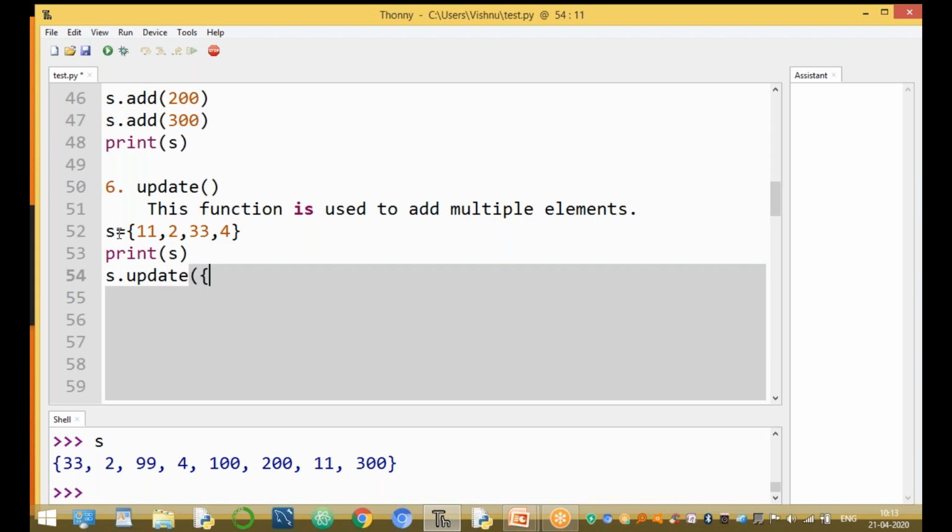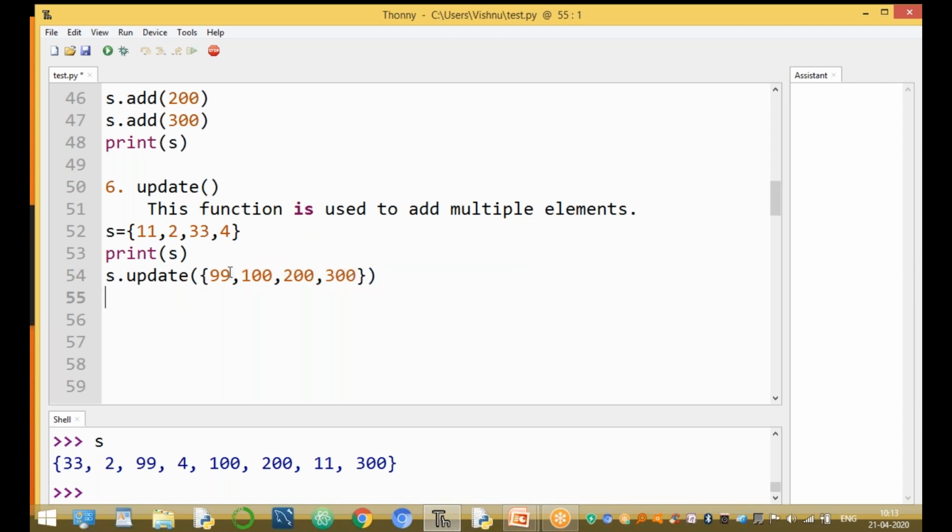Here multiple elements means a set, or tuple, and so on. Sorry, it's the original set. 99, 100, 200, 300 to add the multiple elements. After addition, parenthesis close.